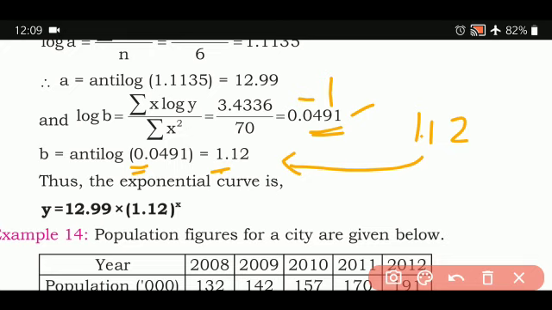So in today's class I have explained exponential trend, what is the equation, how the normal equations are derived, why we are using logarithms, and based on the same we have solved 2 examples. I hope things are simple. I really want the things to be simple and easy, and you all understand it in a much better way.